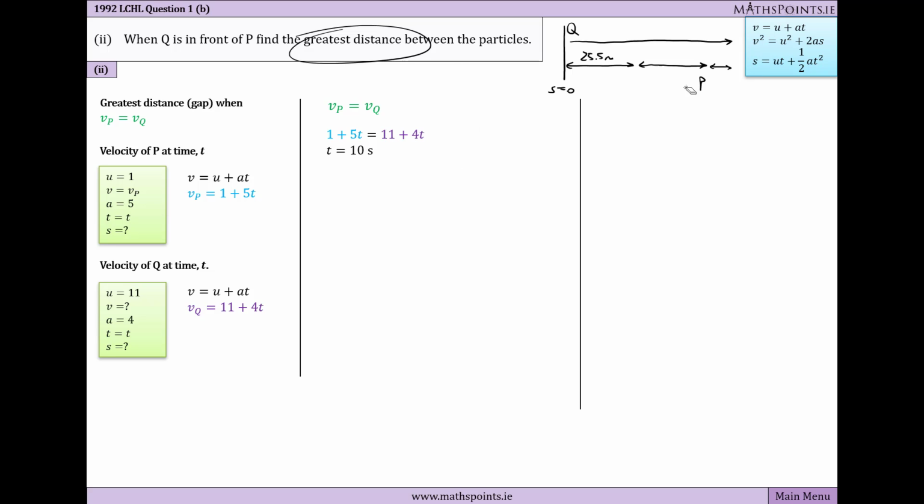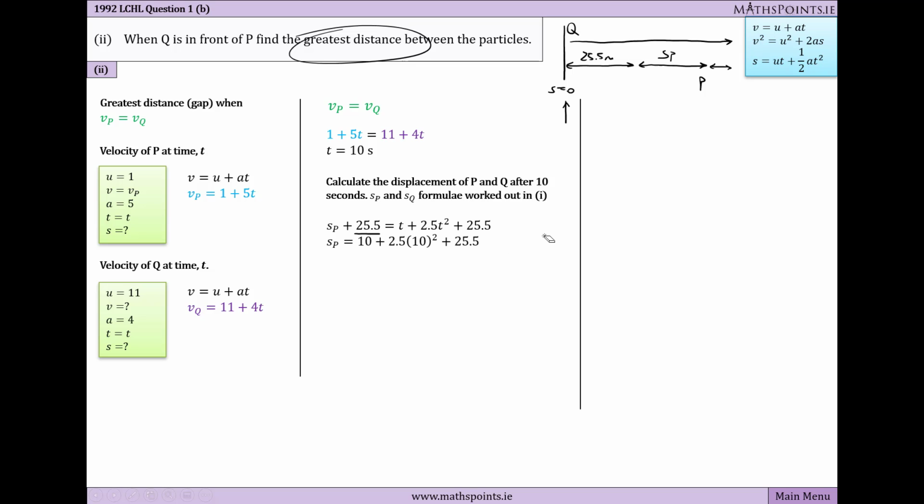So first of all, we're going to sub 10 into the formula for the displacement of P. That will give us how far it has travelled since the clock started, t equals 0, but then also we're adding in this 25.5 because we're interested in how far away P is from this initial starting point where Q was originally. So subbing 10 into this formula, we get that s_P is 10 + 2.5 times 10 squared plus the 25.5, and we see that overall the displacement of P from the original starting point is a distance of